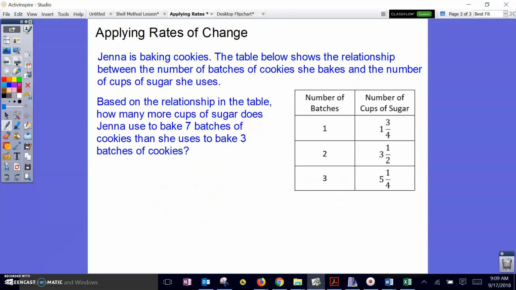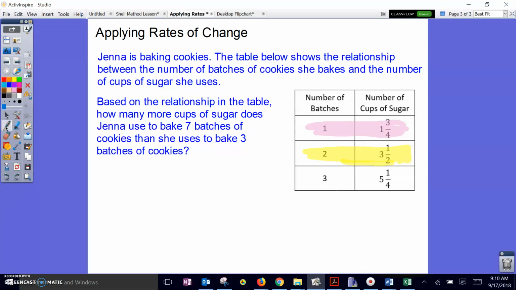Jenna is baking cookies. The table below shows the relationship between the number of batches of cookies she bakes and the number of cups of sugar she uses. Based on the relationship in the table, how many more cups of sugar does she use to bake 7 batches of cookies than she uses to bake 3 batches of cookies? So first I want to find the rate of change, and I'm going to pick 2 points from the table to do this. I'll use this one and this one,